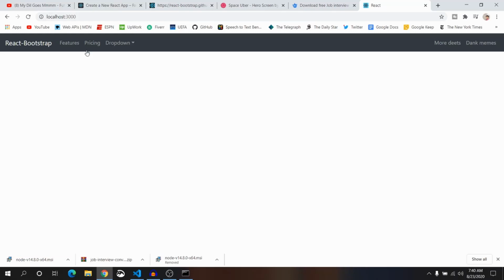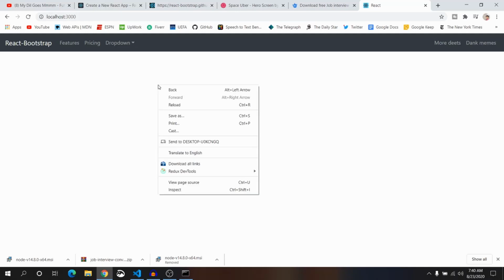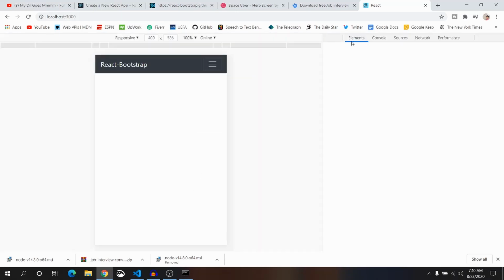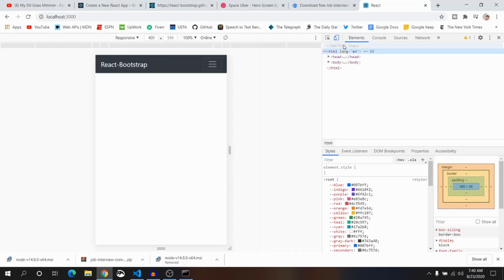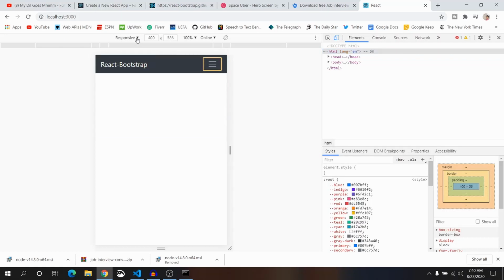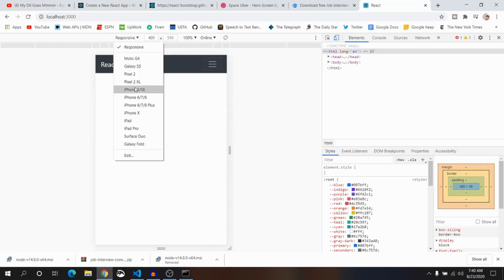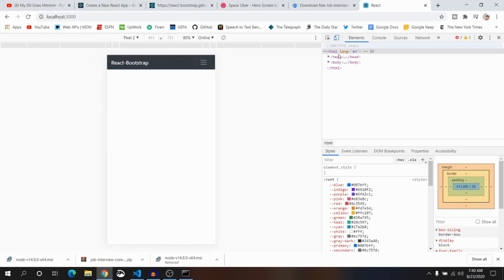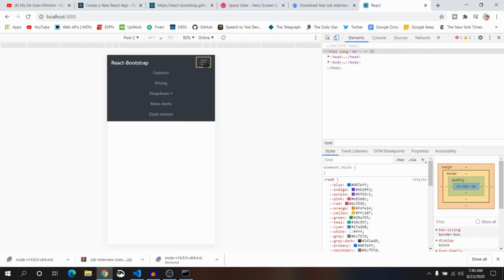You see, this is a simple stylish menu. We can see, right click on it. Now this time it's looking mobile responsive. Click on responsive device, Google Pixel 2. And one more thing, you have to click on this toggle device toolbar. That is how you can show the different device modes.